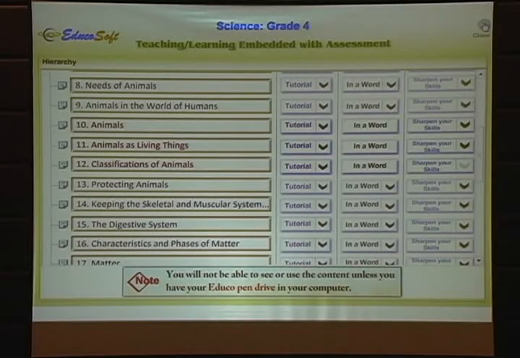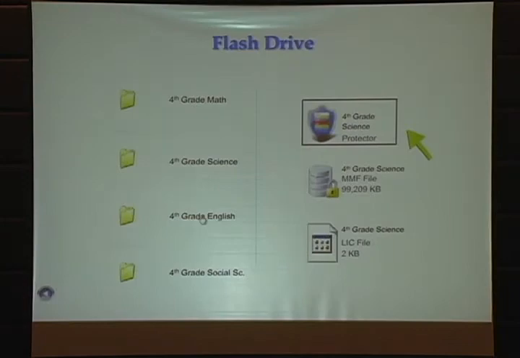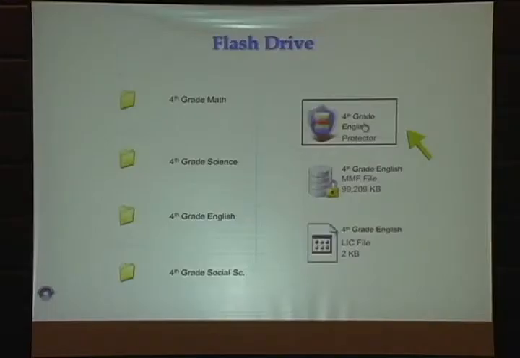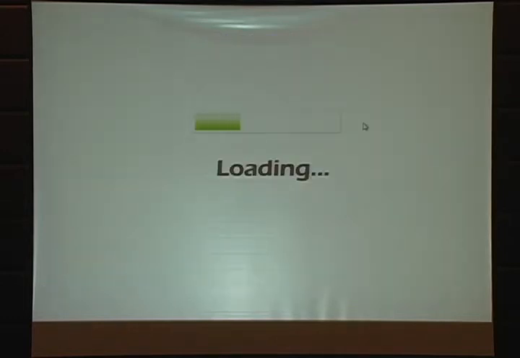Close it. Go to English. And click on this file, now the English. Remember, all these things for a child are in the same flash drive for all the subject areas.